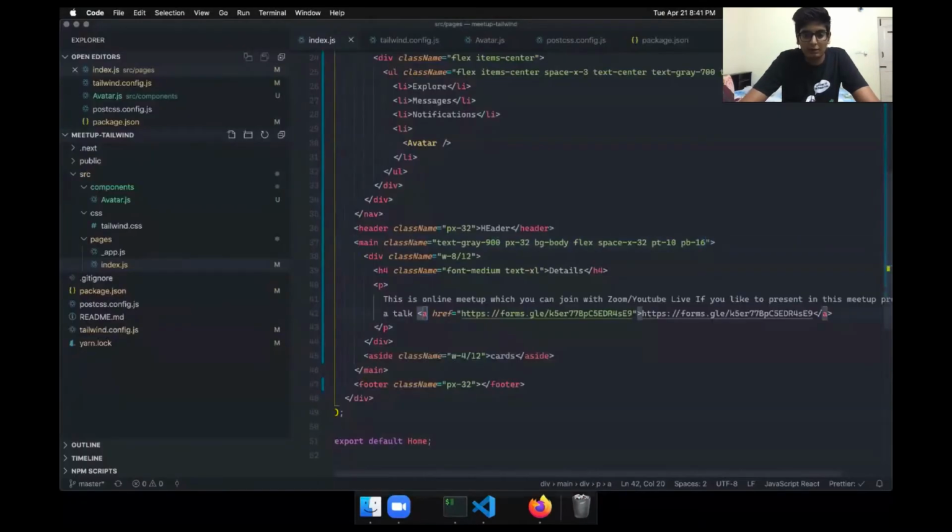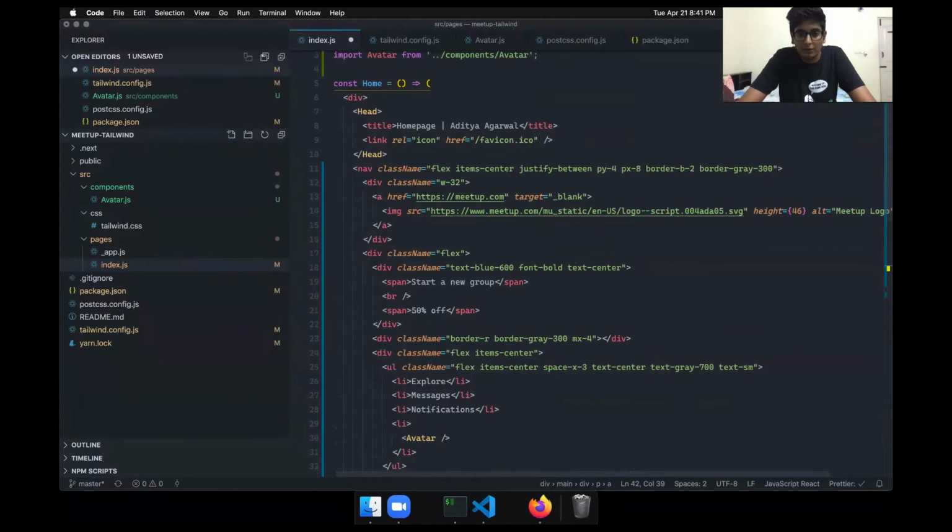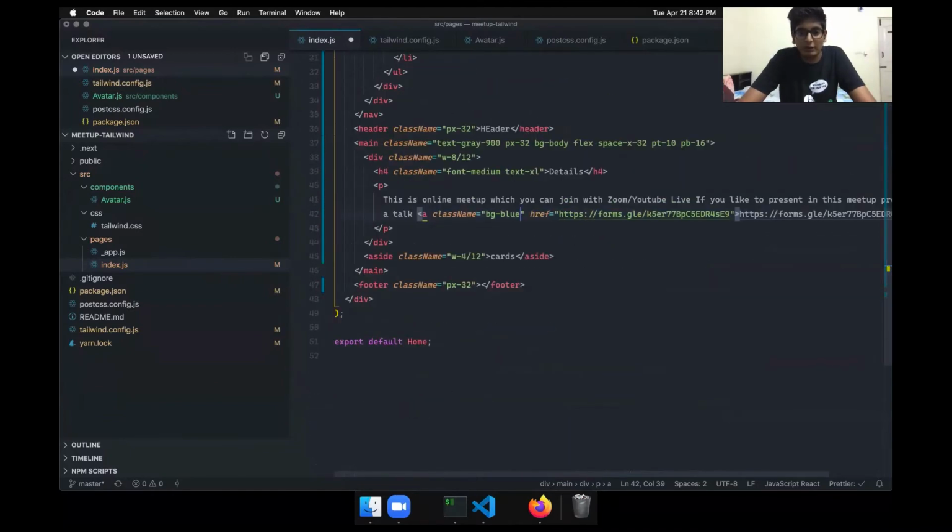So in our a tag, let's just format it, and now the a tag will have a class name of text blue. So we had a bg blue, text blue of 600. So here we'll have the text blue 500.